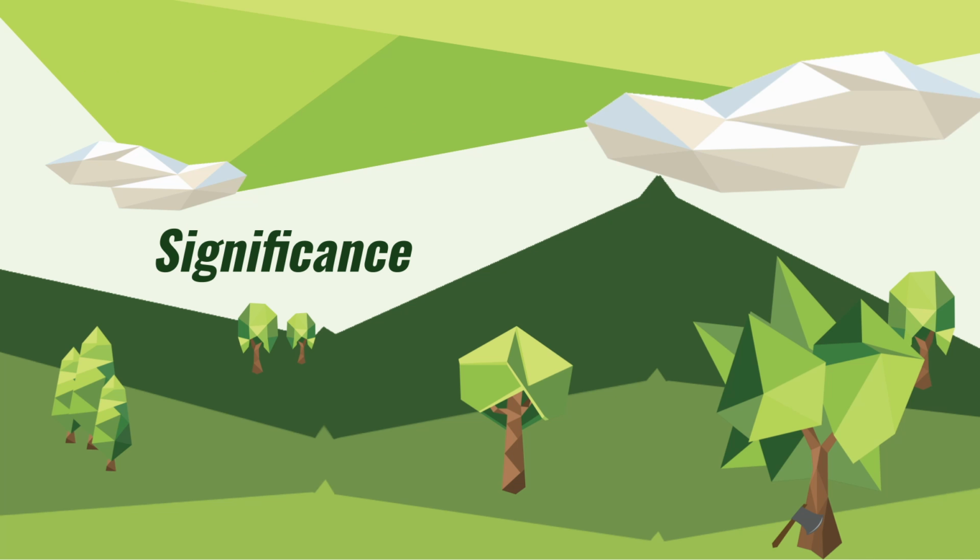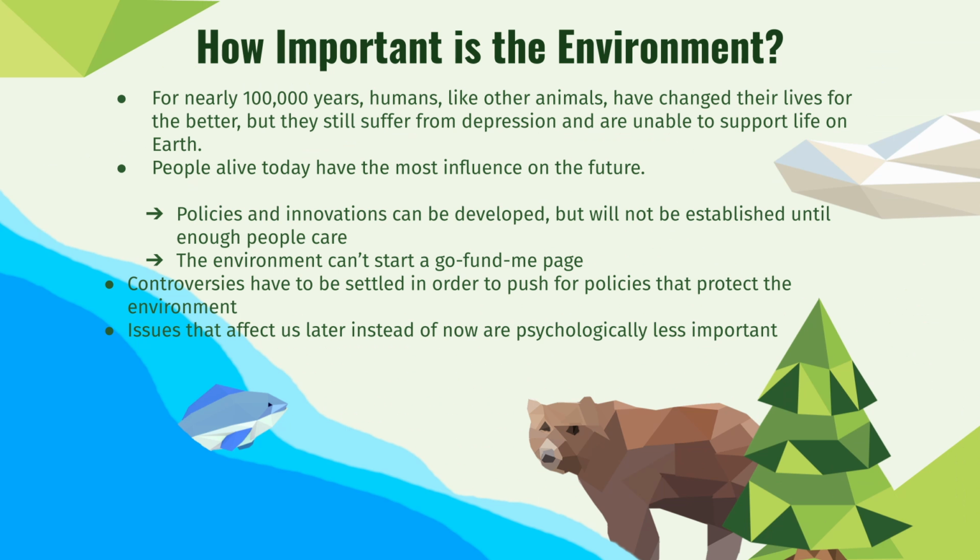So significance. What can we take away from the unit? Well, ultimately, the quality of the environment is a long-term issue, and this issue won't feel seriously damaging until decades into the future. However, abatement shouldn't be ignored because much of the environment degradation that we do will be very difficult to reverse. The unique fact that the environment itself cannot advocate for its preservation means that people today have to recognize the severity of the problem and do something about it.